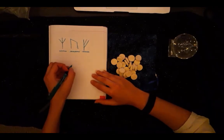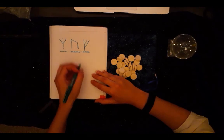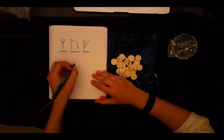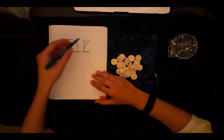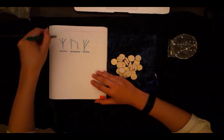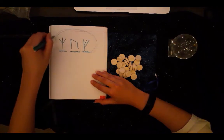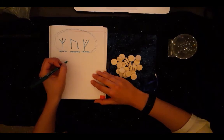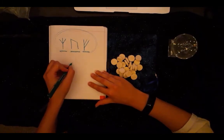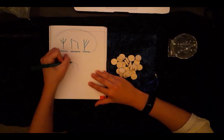So again, when I'm thinking about how do I want to put these together, do I keep them separate? Do I build an image that combines them all? No matter what you do, the bigger thing that I wanted to talk about was, with these runes, what else can I add to really seal the deal and make it unique to me and stand out to me? So if I tentatively place these,